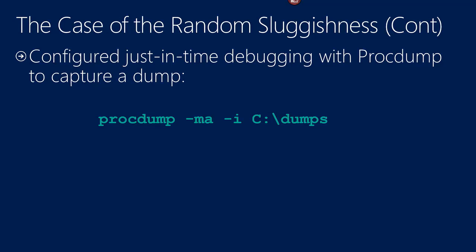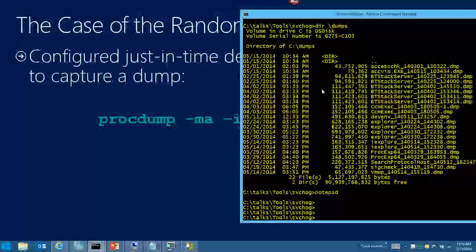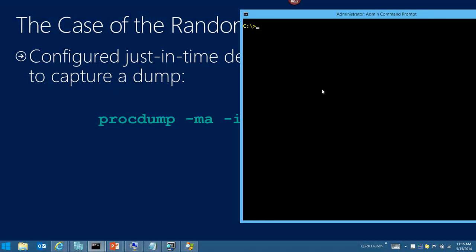Andrew did a lot of contributions to procdump. He was a Microsoft escalation engineer, and he wrote, for the purposes of Microsoft support, a bunch of enhancements to this tool with me. And one of the cool things about this tool is that you can configure it to catch a process dump of any process that crashes on your system very easily. And you can do it very dynamically as well, so you can turn this feature on and off. I've got a process that I'm going to show you. It's called